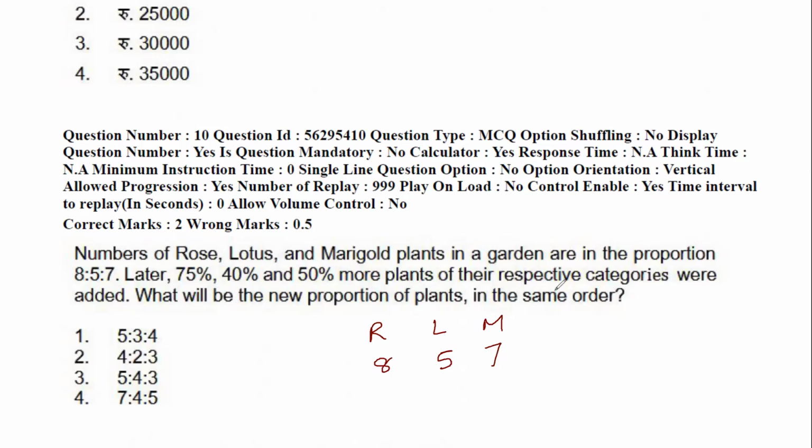Because this respective categories just says 75%. So I think they need to use the word respectively. So later 75%, 40%, and 50% more plants of their respective categories were added respectively, meaning we can know that 75% is for rose, 40% for lotus, etc. But it doesn't matter. So now if something more is there, 75% more is there, like for example, GST,